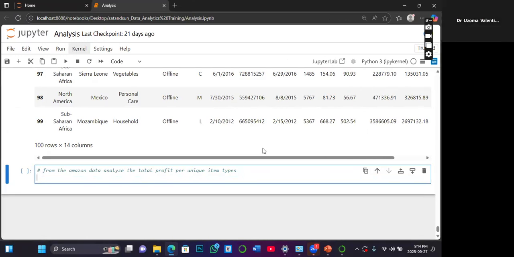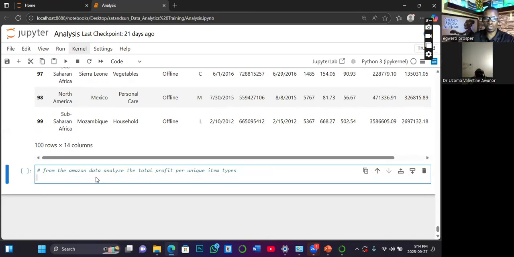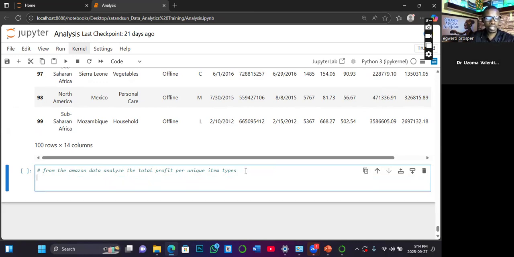So based on what we are asked to do here, let's say the question is: from the Amazon data, analyze the total profit per unique item, which means, okay, let me just say total_profit_per_unique_item